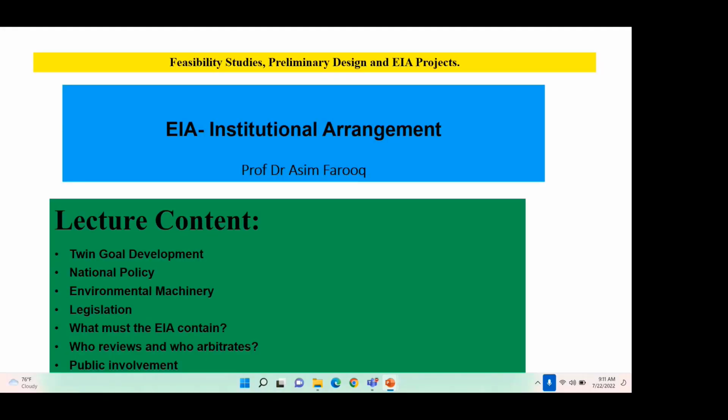Welcome everyone to the next session of feasibility studies, preliminary design and EIA of the project. Today's topic is very important because we have almost reached the very last session of EIA. Today we will talk about how twin goal development is important for any country's stability,